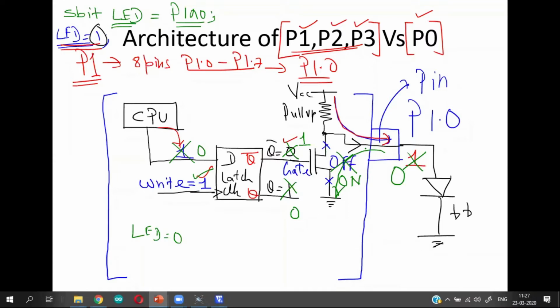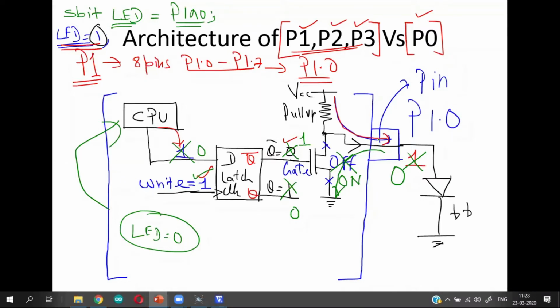Okay, so the value of 1 and 0 that you get across the parallel port is basically decided by whether the internal MOSFET is turned on or off. If the internal MOSFET is turned on, you end up getting a 0. If the internal MOSFET is turned off, you end up getting a 1. The internal MOSFET will be turned on and off depending upon the value that you supply from the CPU, which in turn depends upon the program that you write and the instruction that you give the CPU.